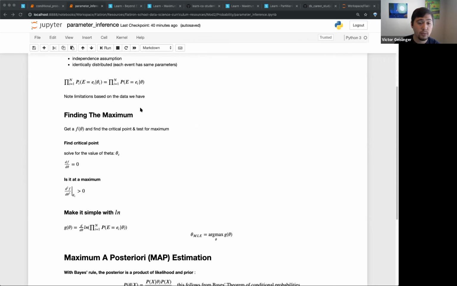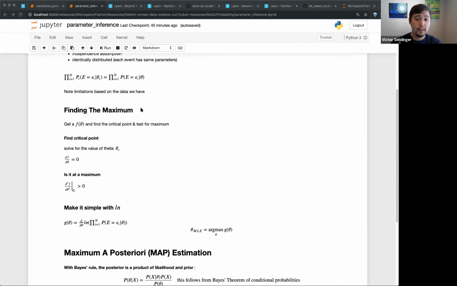Okay. So what we want to do is find, on this function right here, which I called f of theta, the critical point and test for the maximum. The critical point is basically just saying when it is max or min. And we do this like we talked about way back when we did derivatives. We can use derivatives to find when the maximum or minimum happens. But because the first derivative doesn't tell us if it's a maximum or minimum, it's just called the critical point. We have to do a separate test for whether it's a maximum or not.